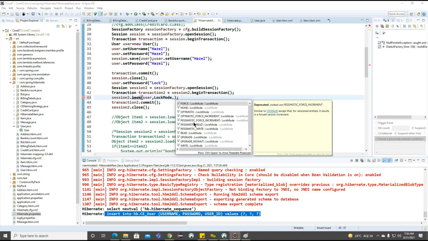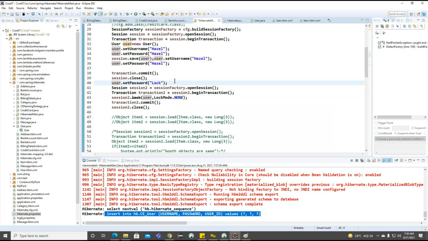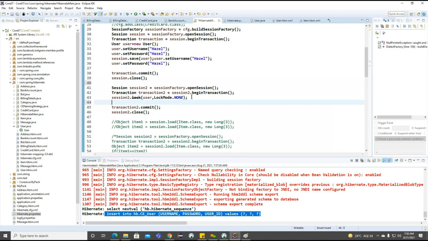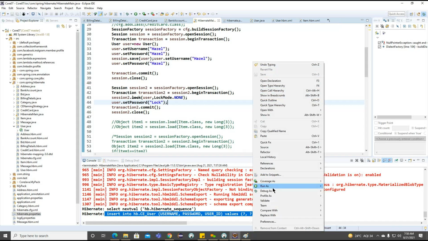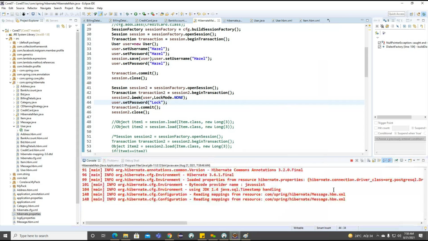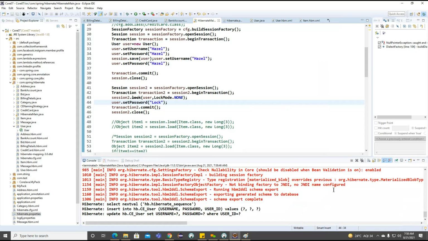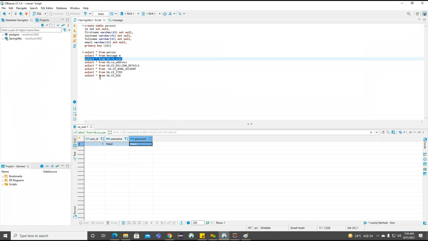But now observe why this particular data is not updated here. So we'll see after locking here. Now observe the record is updated here. Getting the point. So this is all about our lock method.